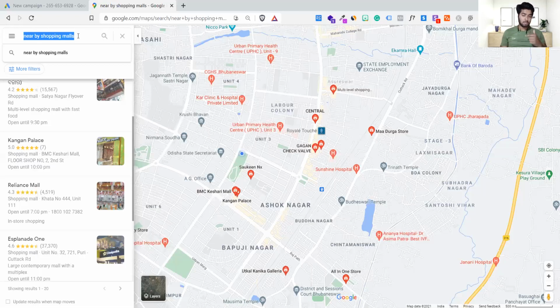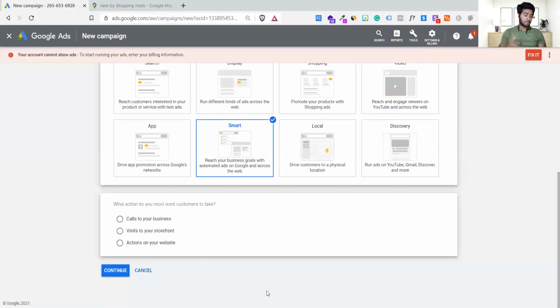This is my question to you. I am your customer and you are the owner of the shop. Now you tell me, if I'm looking for your shop, what type of campaign must you have for me if you want to acquire me in your shop? Second one. Second one, correct? Because I want to visit the store right now, not to see the website or even to give a call. That's the one. Okay. All right. So let's go ahead with this option. Continue.